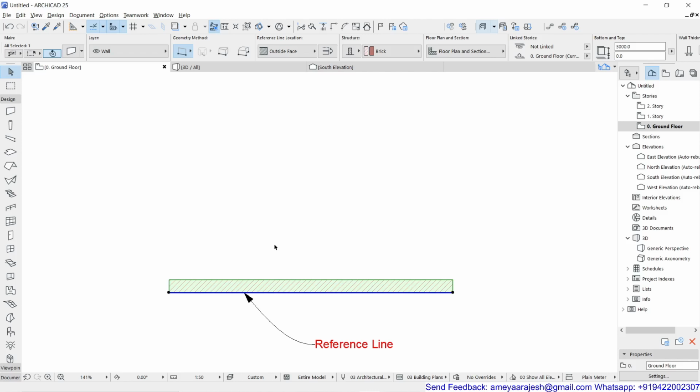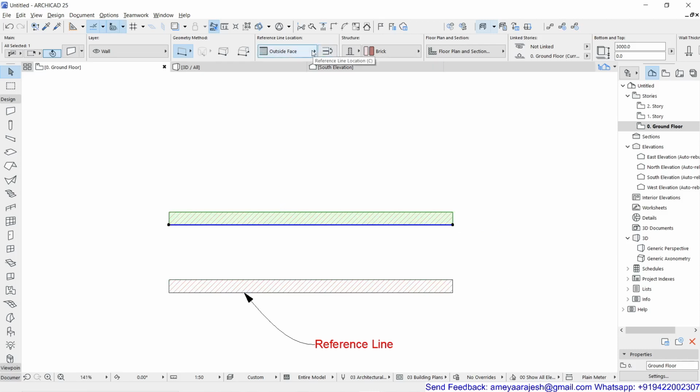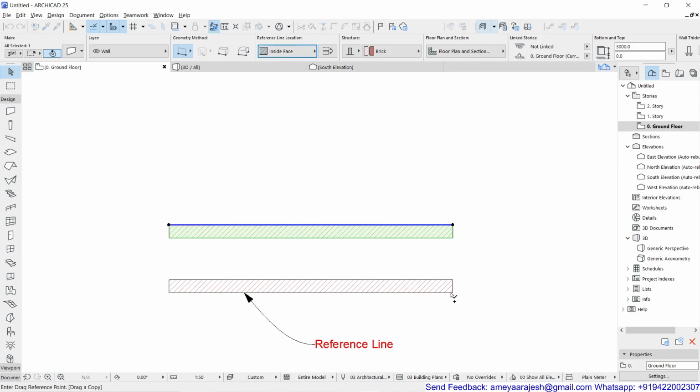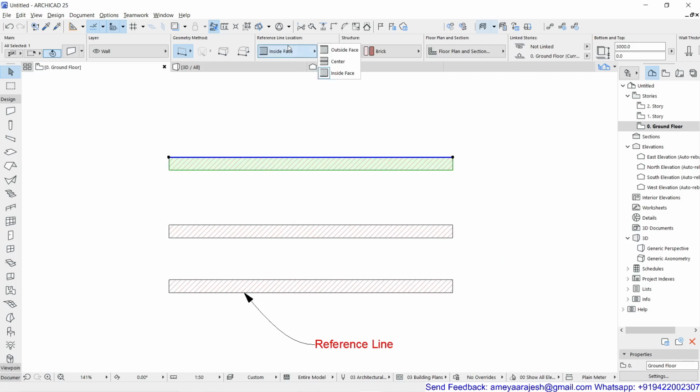So if I just copy this wall, now you can use the Control Shift D, which you know very well now. I'm just going to copy this maybe randomly at present because here we are not actually using this for some other reason. And if I change this to the inside face instead of the outside face, you should remember how the reference line stays at the same location. And if I copy the same wall further, and this time keep this center justified,